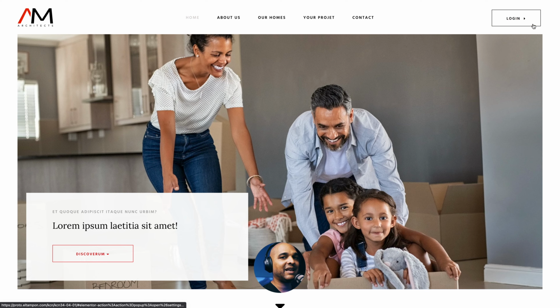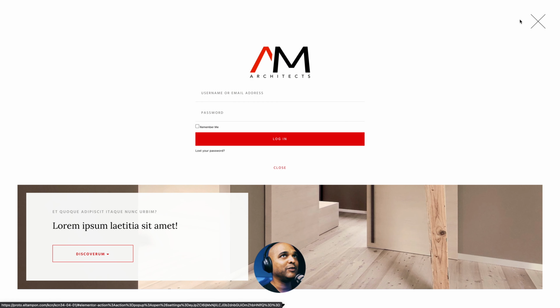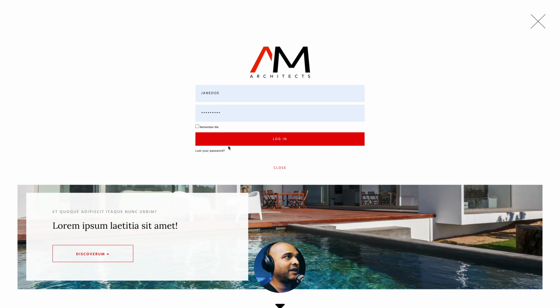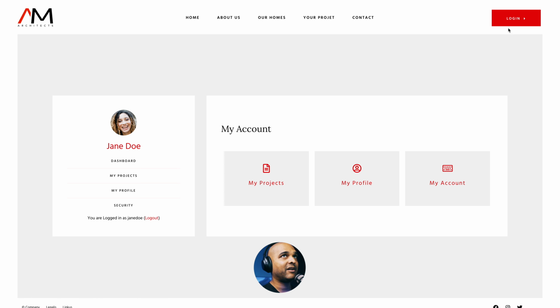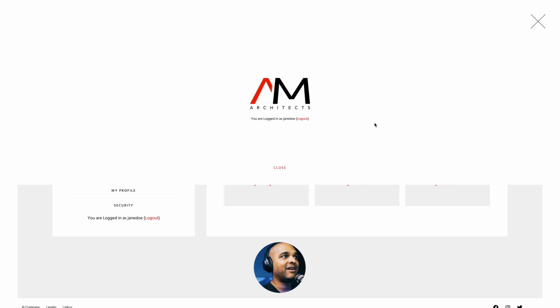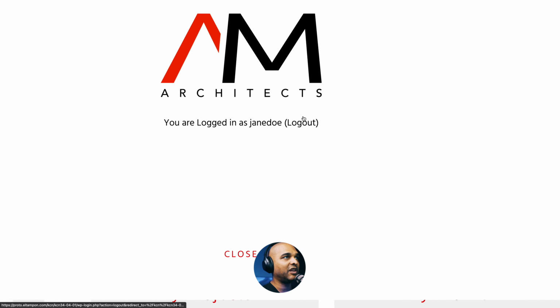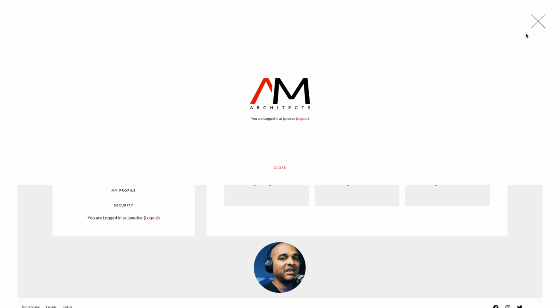But one thing that should be different, I don't know if you saw it. So once again, let me log back in. Once we've logged in, now the button should change to my dashboard or my account. So if I click back in, now it just opens once again the login pop-up, and it doesn't make sense. We don't want that. We're already logged in. Now, of course, we can just log out here, but it makes more sense to actually allow the user to